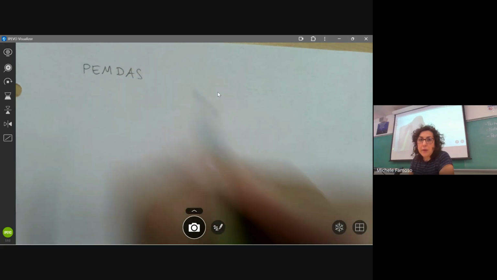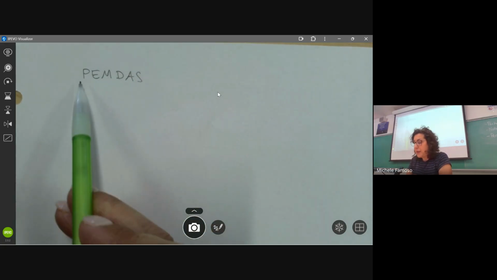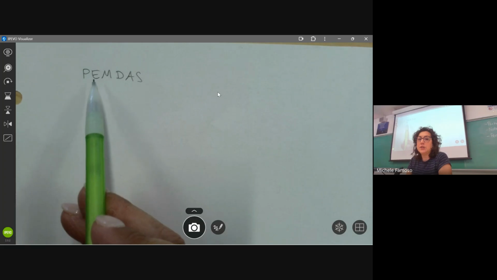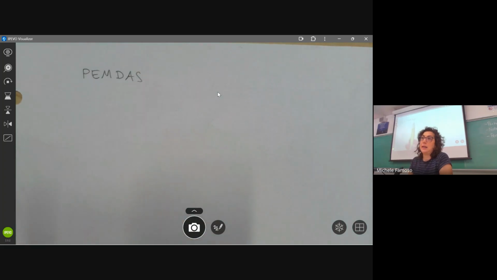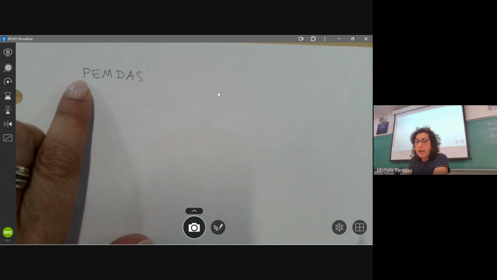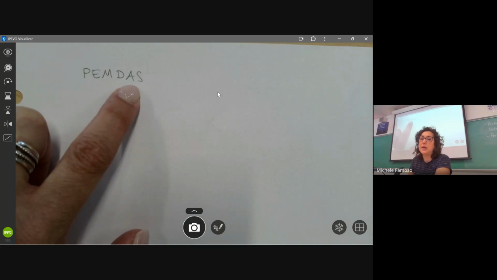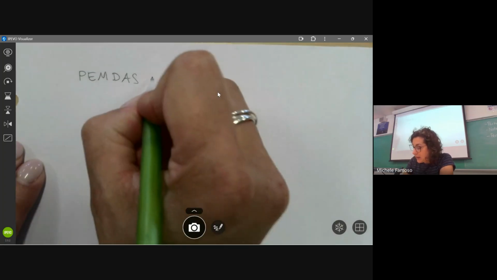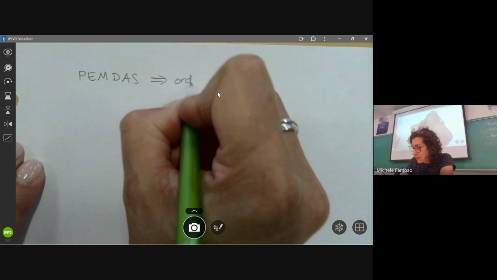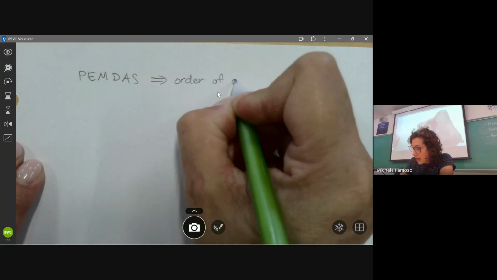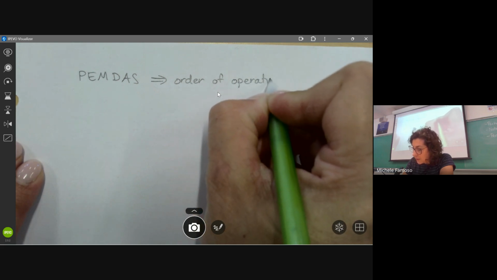What's interesting about this phrase, I learned it as please excuse my dear Aunt Sally, instead of PEMDAS. Either way, it means the same thing. It means that you would do parentheses first, then your exponents, then multiplying, dividing, and then adding, subtracting. This is the order of operations